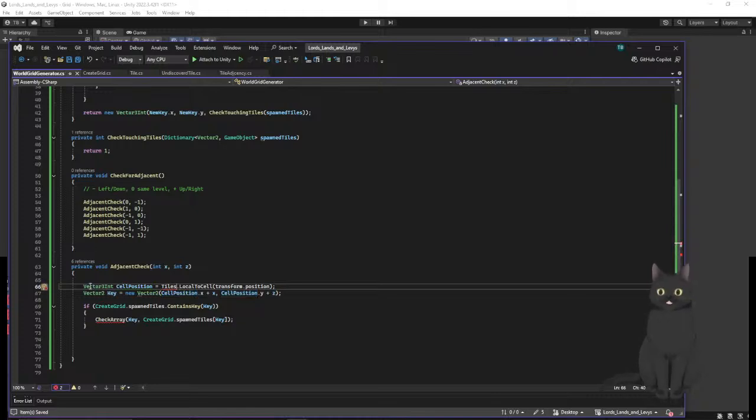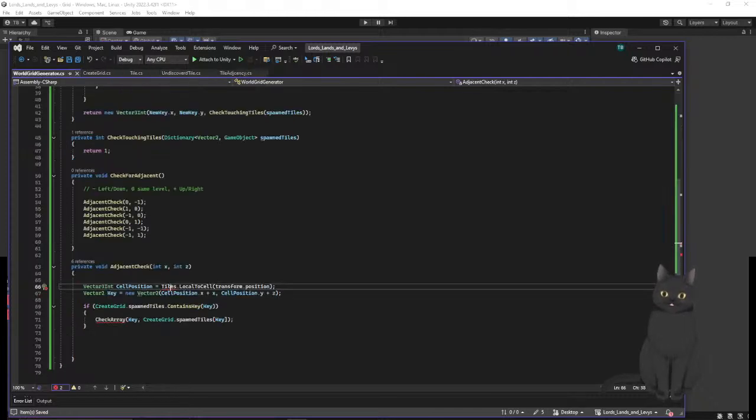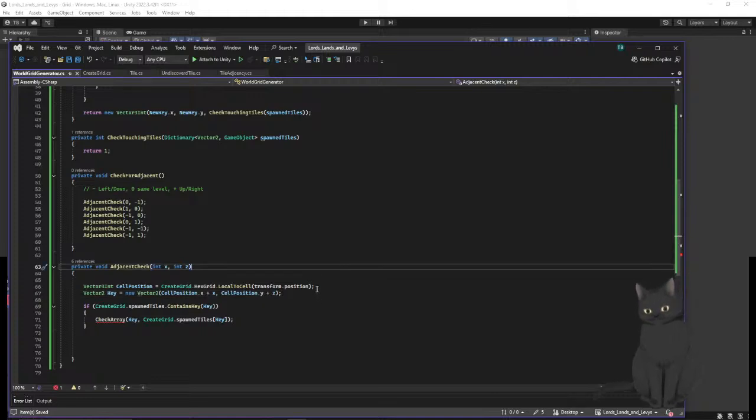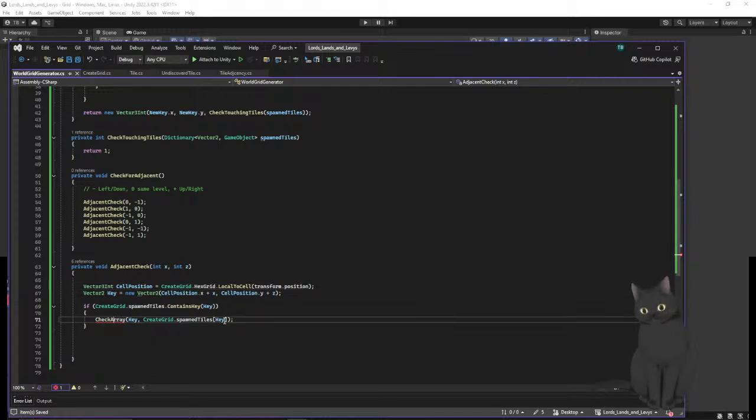Oh, that's a grid. That's just create grid, hex grid variables, but there's no real reason to make it a variable. And then it's just if this contains the key, then what we are going to do is get its